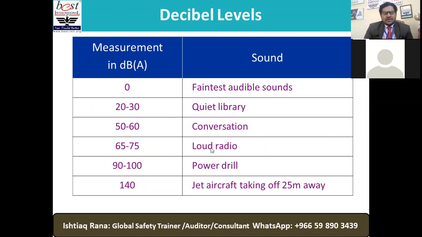Now, if we are enjoying entertainment with a loud radio, that means 65 to 75 decibel. If we talk about 90 to 100 decibel, this belongs to power drills. And if it is 140, you can get an example: a jet aircraft taking off 25 meters away, 140 decibel sound level would be there. So this data basically gives us some understanding of how we can evaluate the decibel level,